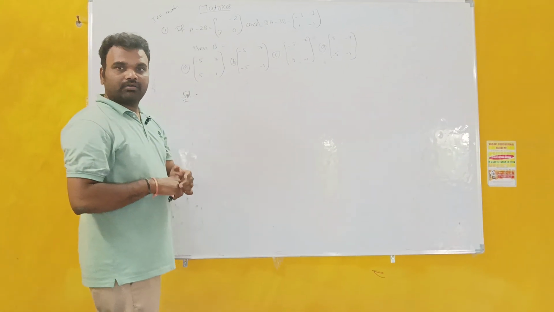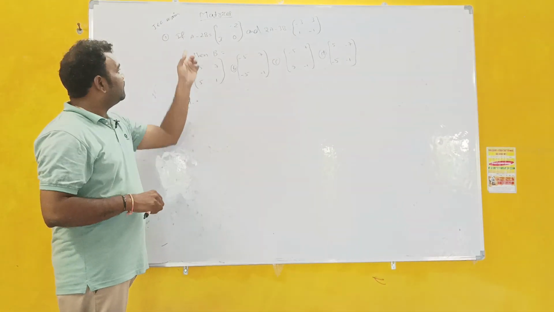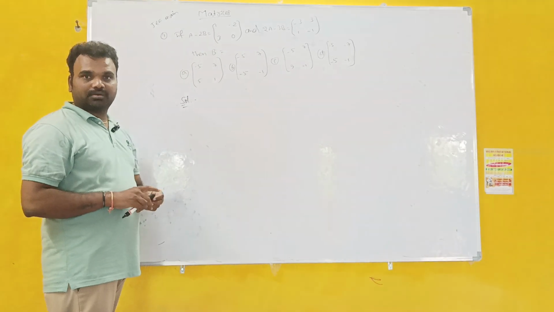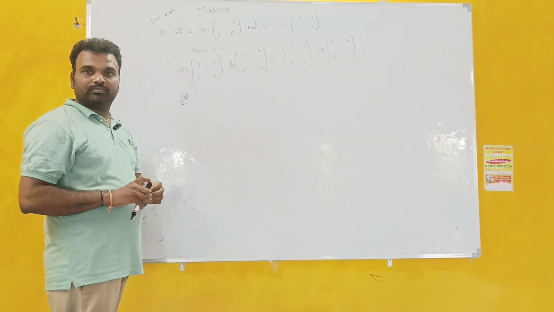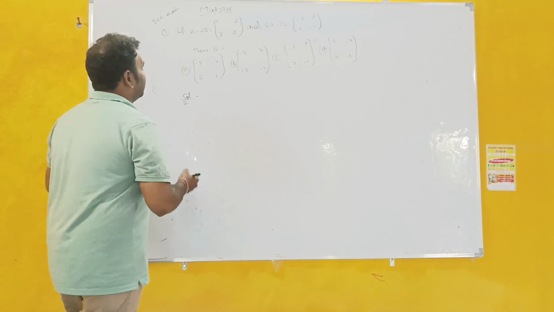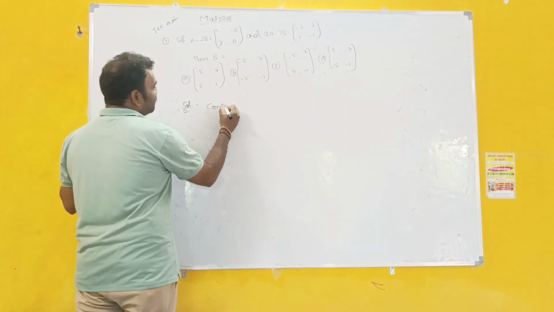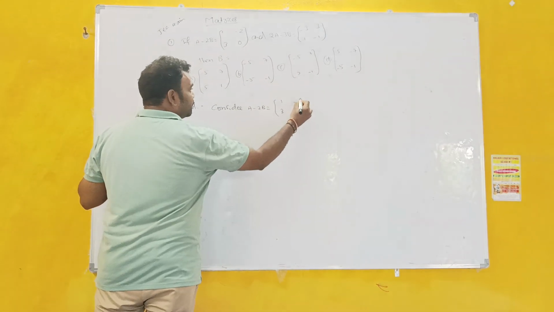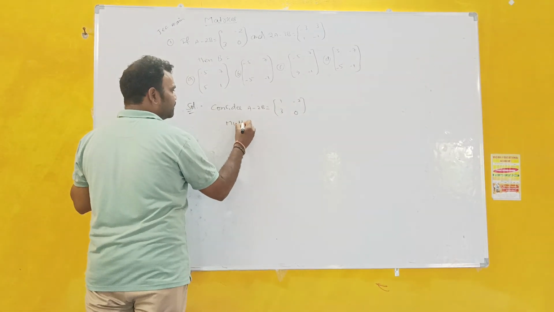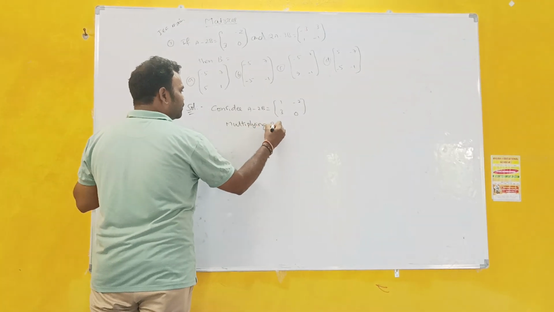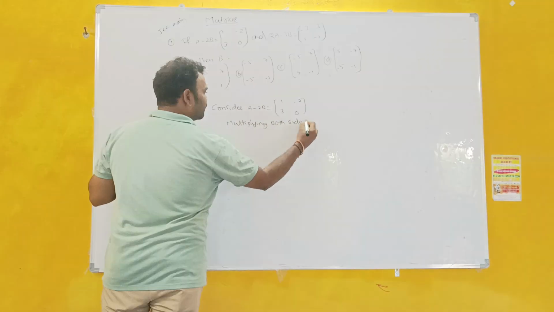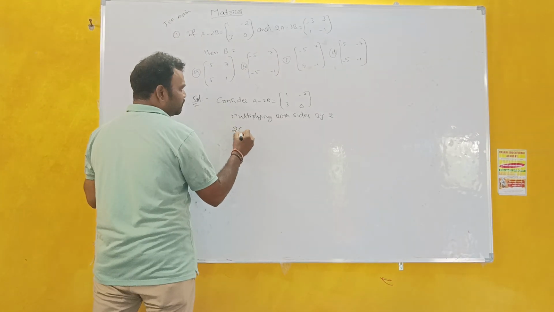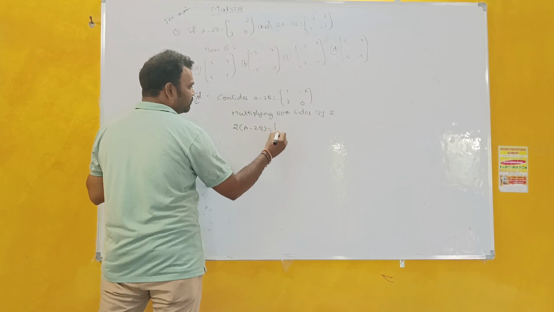So how do we find the B value for this equation? Multiply the first equation on both sides, then subtract the first matrix minus the second matrix, and you get the answer. Consider the first matrix, A minus 2B equals [1, -2; 3, 0]. Multiplying both sides by 2, we get 2 into (A minus 2B)